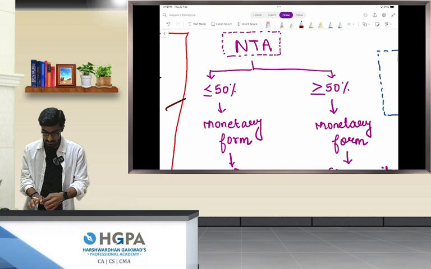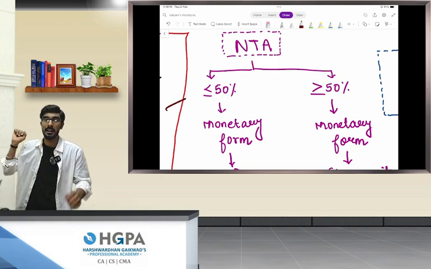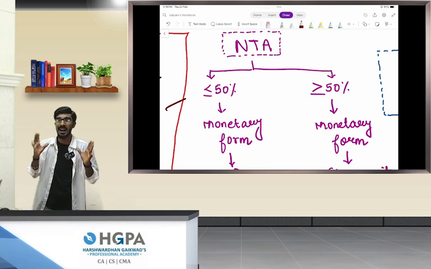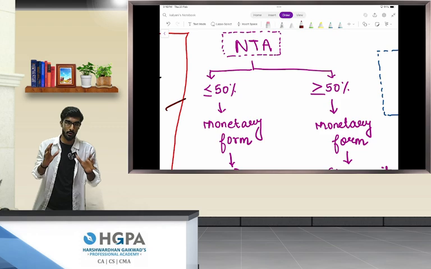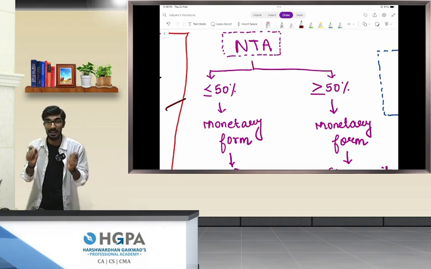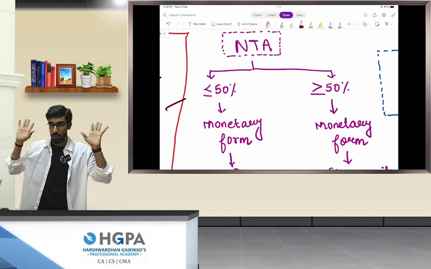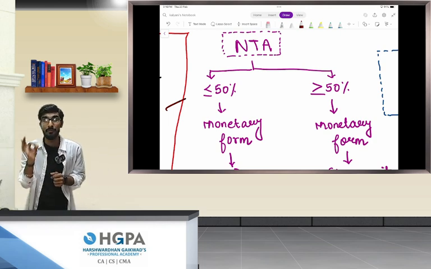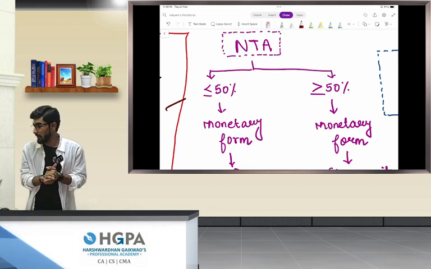Among those net tangible assets, let's say Lenskart has got net tangible assets of 10 crore rupees. Lenskart has got net tangible assets of 10 crore rupees. Now, not less than 50% should be held in